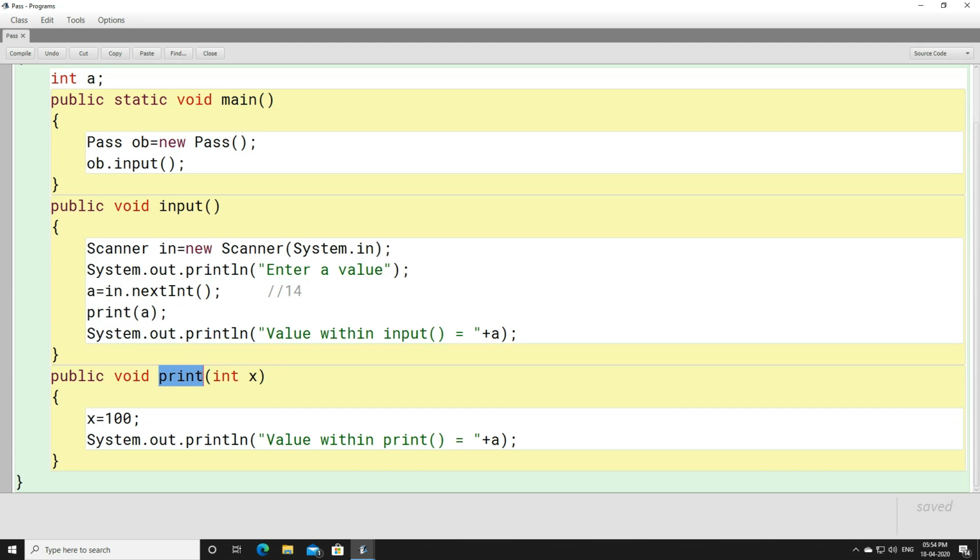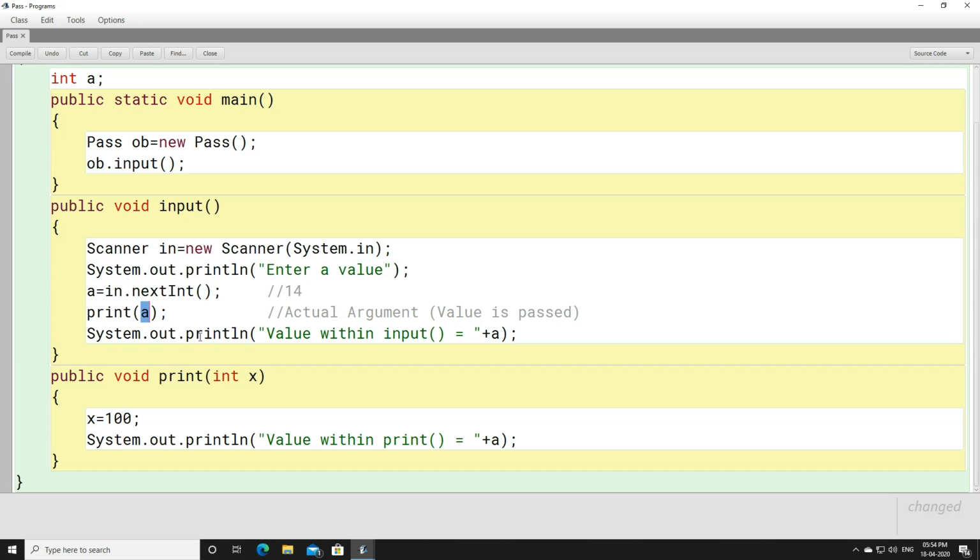Here you can see that we have a method print. Here we are going to pass a value. How will you pass a value? Here you can see a is stored. When you write a here, students, you can notice that this is called an actual argument. So when you write an actual argument, a value is passed, right? Here you are passing a value.